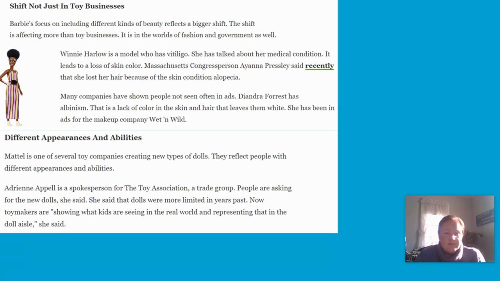Mattel is one of several toy companies creating new doll types. They reflect people with different appearances and abilities. Adrienne Appel is a spokesperson for the Toy Association, a trade group. People are asking for the new dolls, she said. She said that dolls were more limited in years past. Now, toy makers are showing what kids are seeing in the real world and representing that in the doll aisle,